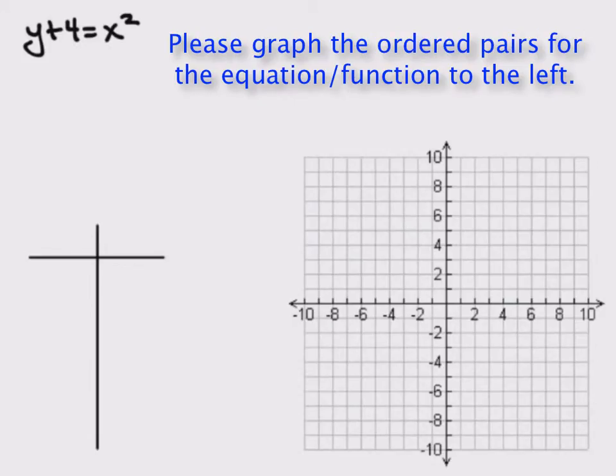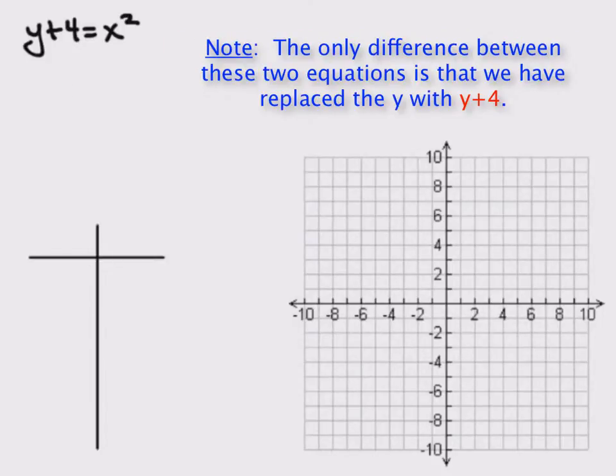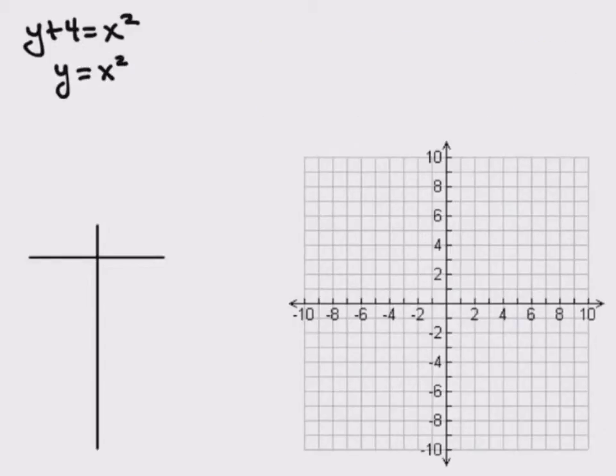Alright, let's graph all the ordered pairs for y plus 4 equals x squared. Now note, the only difference between this one and what we did last time is that the y has been replaced by a y plus 4. Before we go ahead and create some ordered pairs, it's probably going to be a good idea to rewrite this in y equals form. Alright,